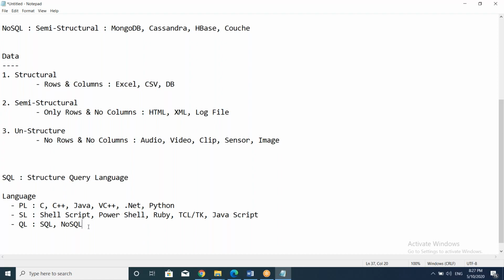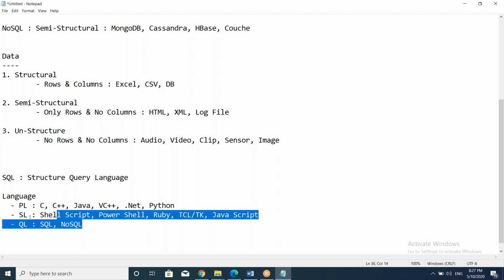Some people prefer this query language. Whenever you are going to the IT industry, you have to first analyze which line will be better for you. You have to go for query language, or scripting language, or programming language. So you have to decide. Some are deciding scripting language, some programming, some query language.